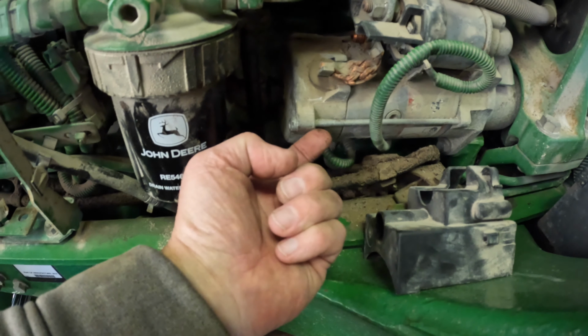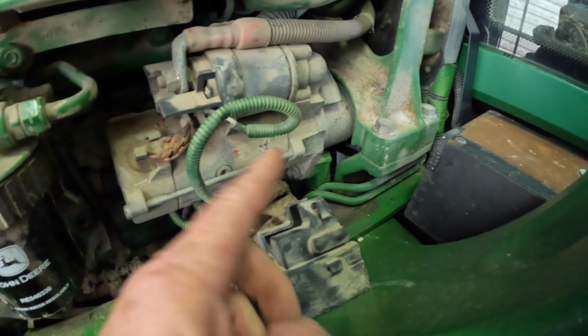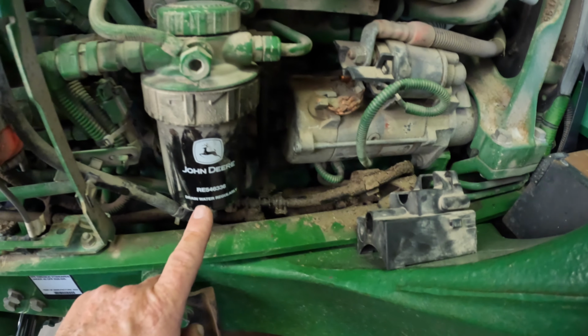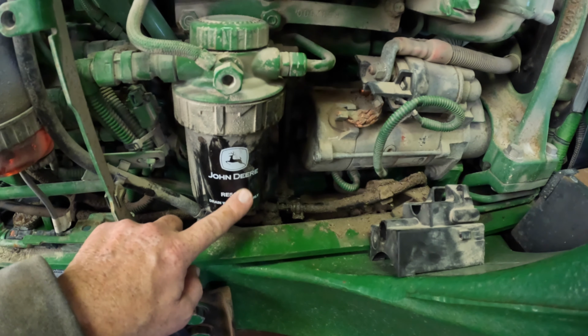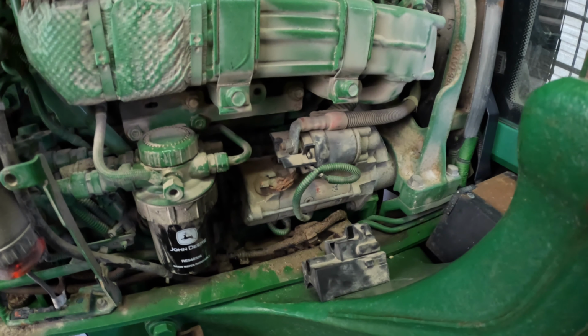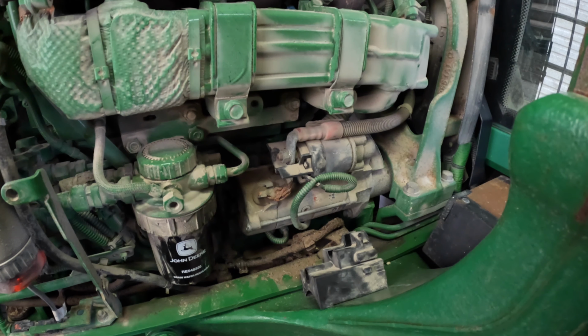I don't believe there's enough room to pull this starter back out of the housing to remove it, so I'd probably have to take this line off. I may have to take this filter off as well to get that starter off of there. But let me make some phone calls to Deere and see